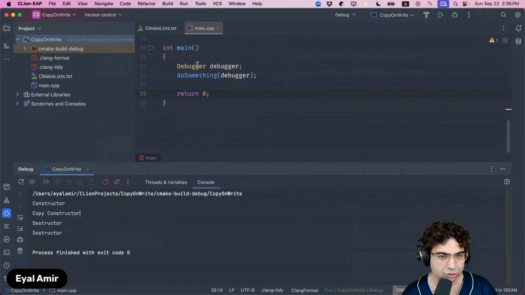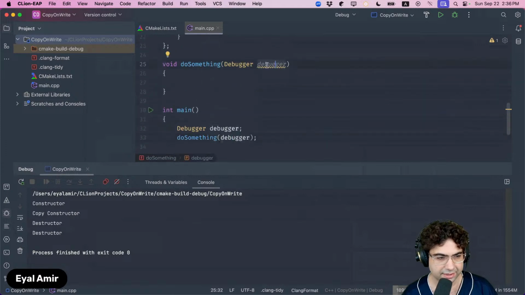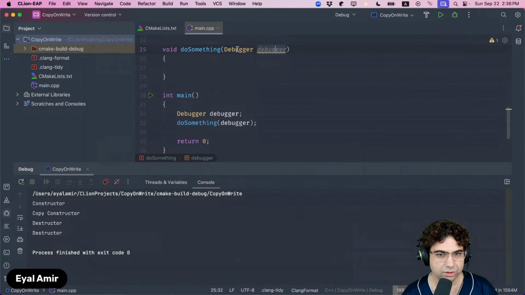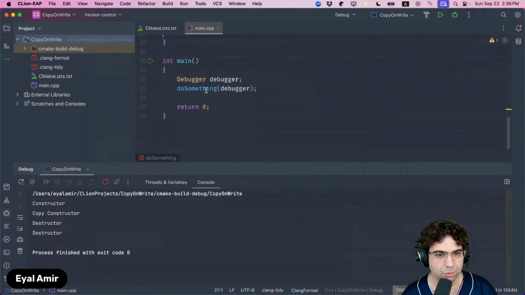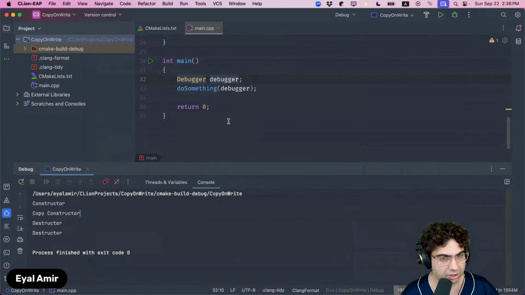There's a copy constructor because here I'm copying the debugger inside. Then the local debugger gets destroyed because it goes out of scope. And then this debugger, the main debugger, goes out of scope and is destroyed. So there's a bunch of operations here, right? Now we can,